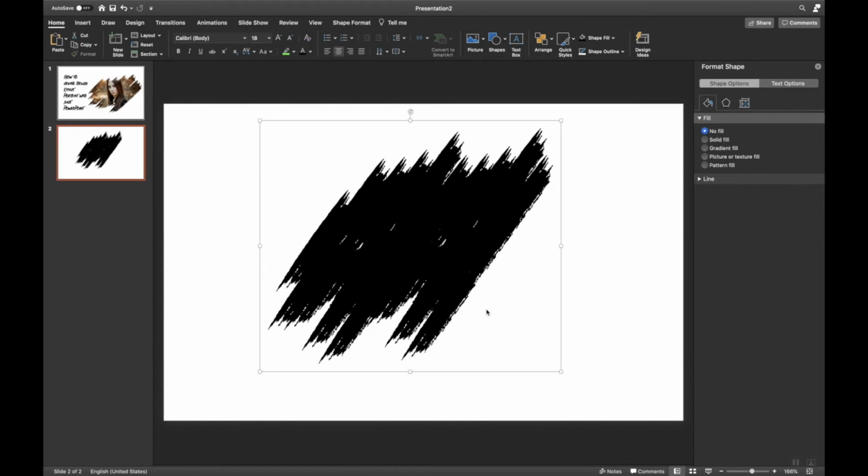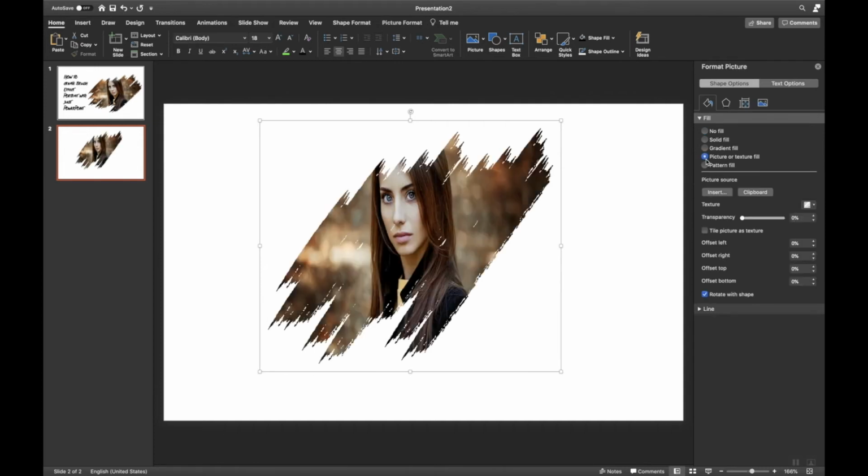The moment you click on Format Shape, you will see two options, Shape Options and Text Options. Here we'll be selecting Picture or Texture Fill. Just select this radio button and you will see an effect similar to what you have seen in my previous slide. By default, it is selecting my previous image, but if you want to change your image, just click on